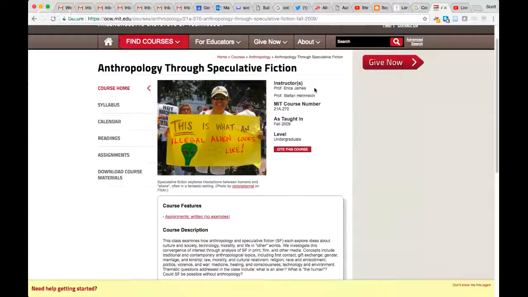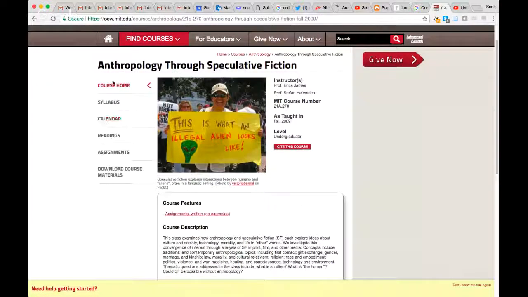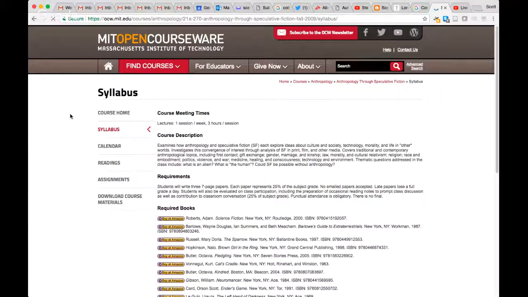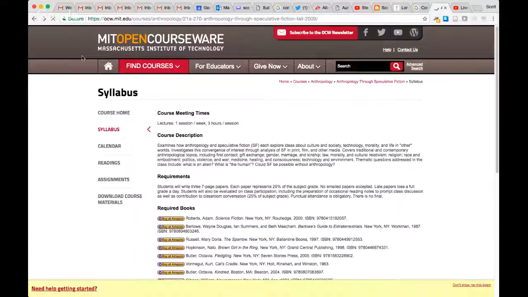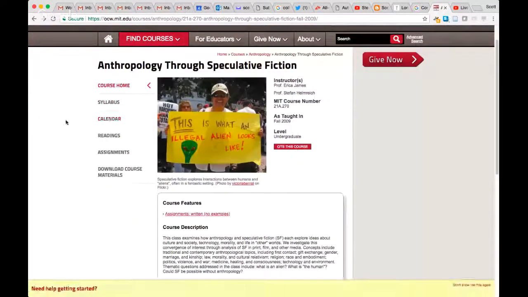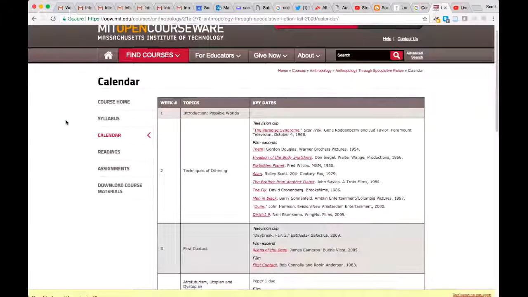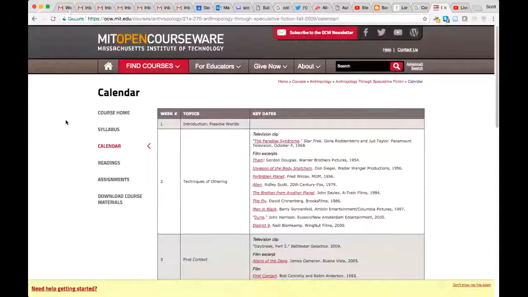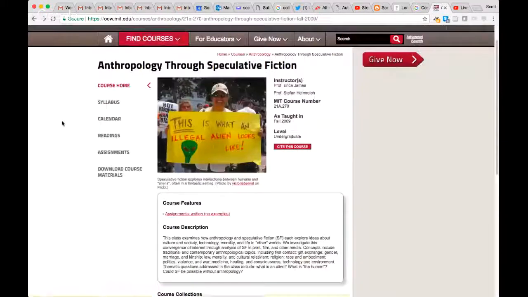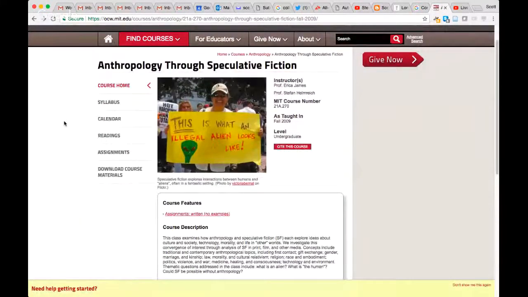And there are syllabi, a syllabus for each course. And there is a calendar with readings. Some of the readings are in the MIT course, and others you would need to get in book form or some other published form.